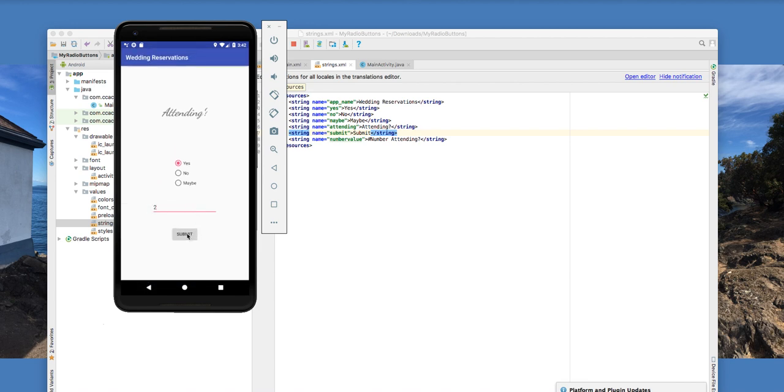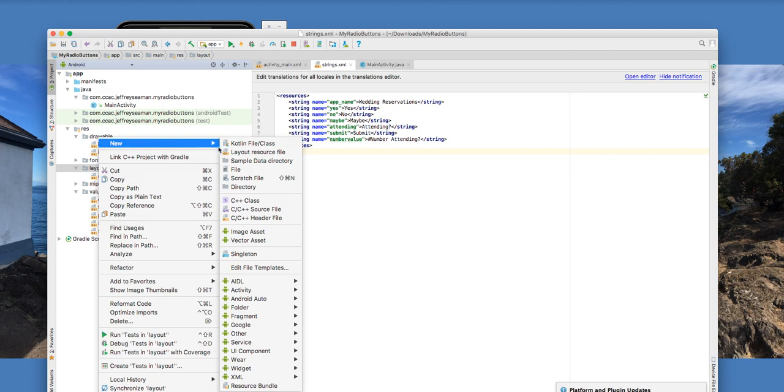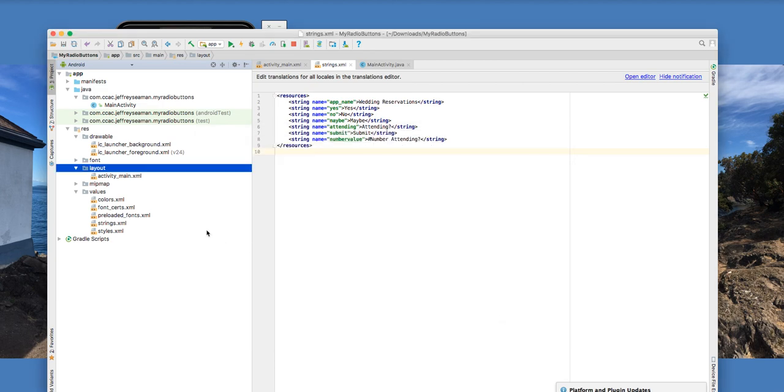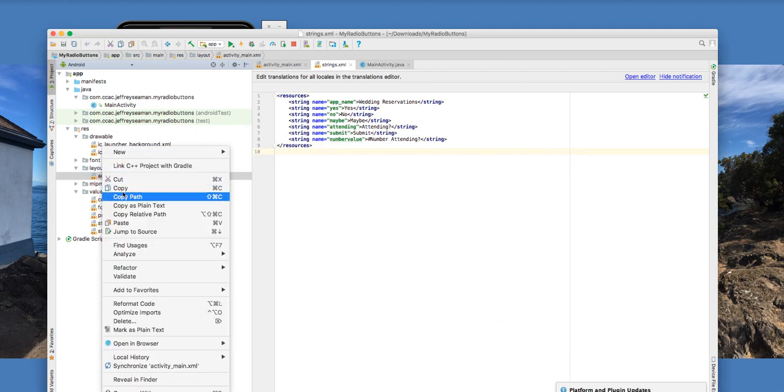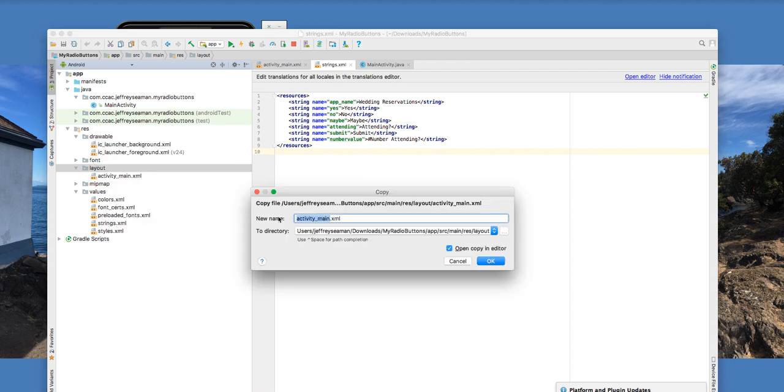But here's the thing, once you click submit, you want to have a confirmation page saying, thank you for something, we received your thing. So what would you do? You would come down here, you would create a new layout resource, and maybe you call it something else. Let's see here, let's copy this, paste it, and you call it maybe thank you,